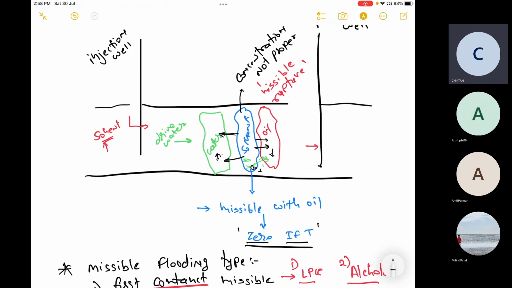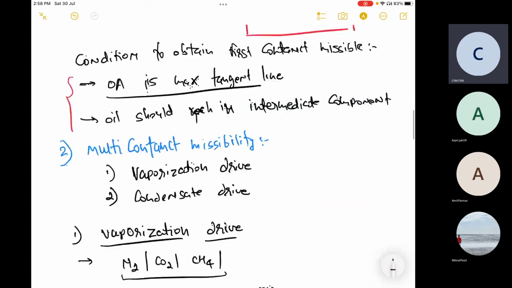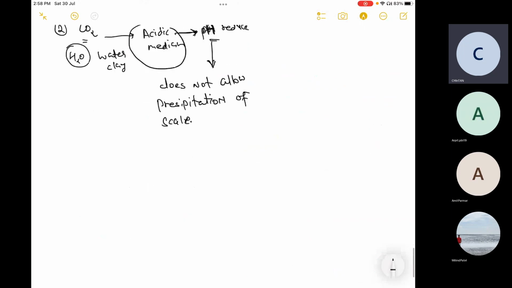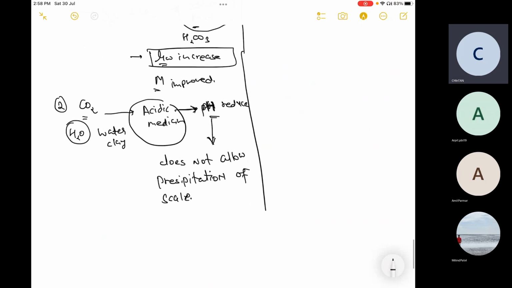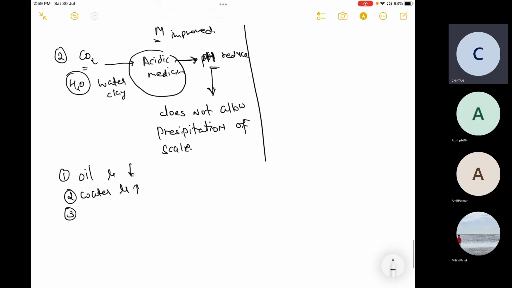So if I want to tell the functionality of these floodings, how can I say? The first thing is it is soluble in oil. तो इट विल ऑयल विस्कोसिटी क्या होगा? कम होगा. वाटर का विस्कोसिटी क्या होगा? इंक्रीज करेगा. थर्ड थिंग, स्केलिंग कम होगा, स्केल रिड्यूस होगा. फोर्थ थिंग,